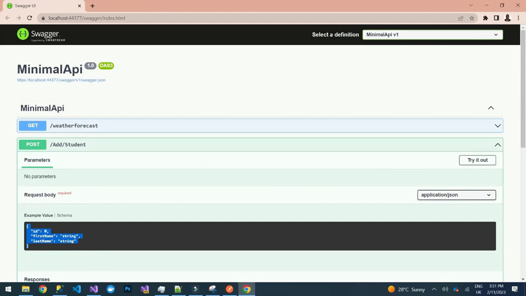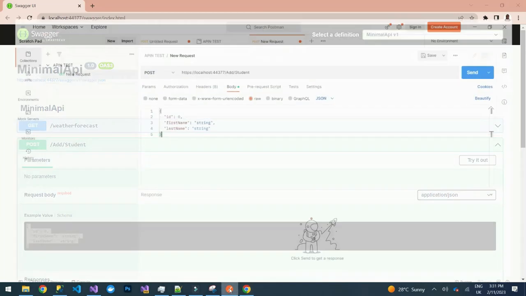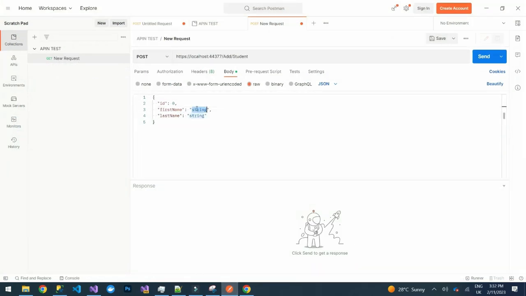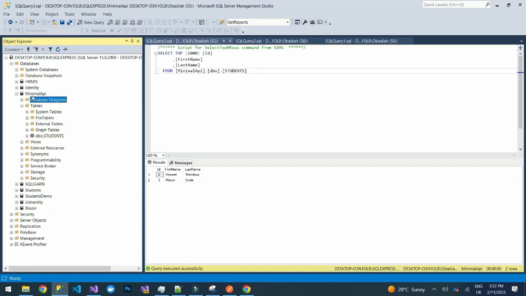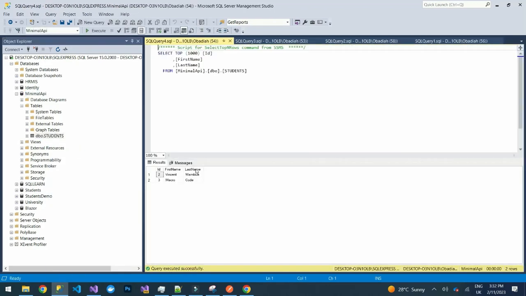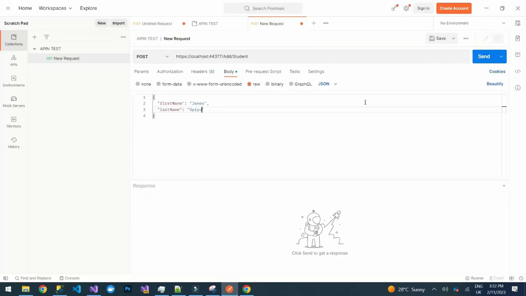You can see it is requiring an ID, first name and last name. So you can even remove this, and we say we are posting James Opio. So this is our method. If we click on send, it is supposed to insert the data into our SQL database. You can see we have our database for minimal API and we have a table for students. If we just see what is there, we have three records. So if we just click send,